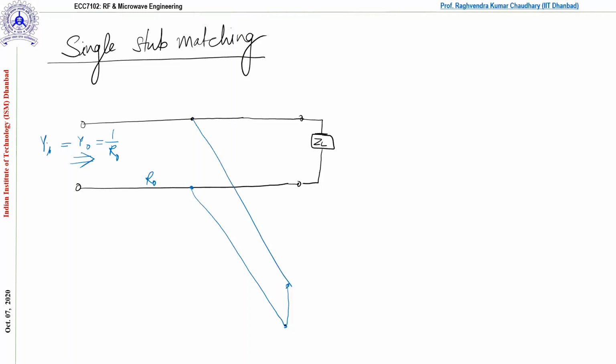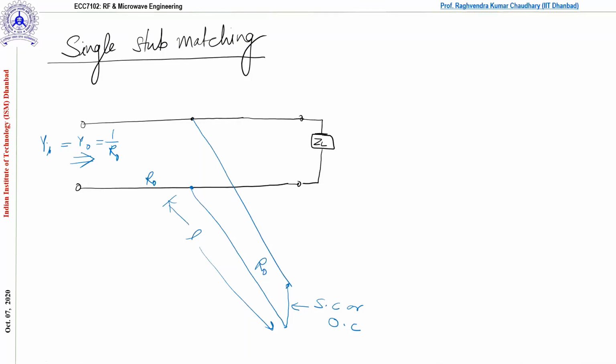Okay. So let's say this is a stub having the characteristic impedance the same, R0. Fine. Okay. And the length of this line is, let's say, L. And here at this point, this may be short circuit or open circuit as per your wish, or as per the design or the requirements. But mainly you will see that we are going to do with the short circuit. But some problems I'll give you where we are using the open circuit as well. So we should be ready for both situations.